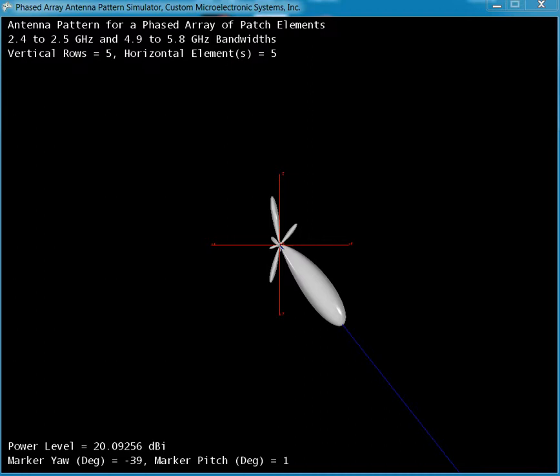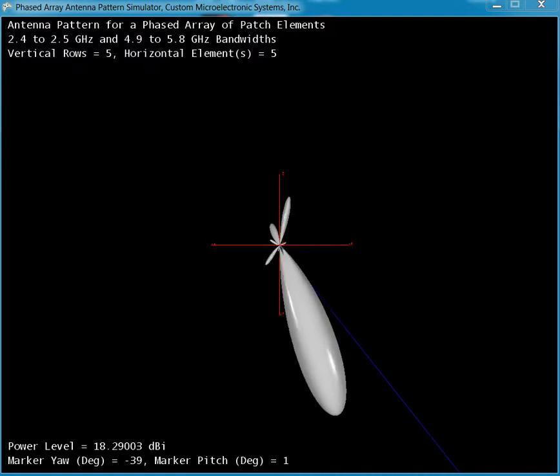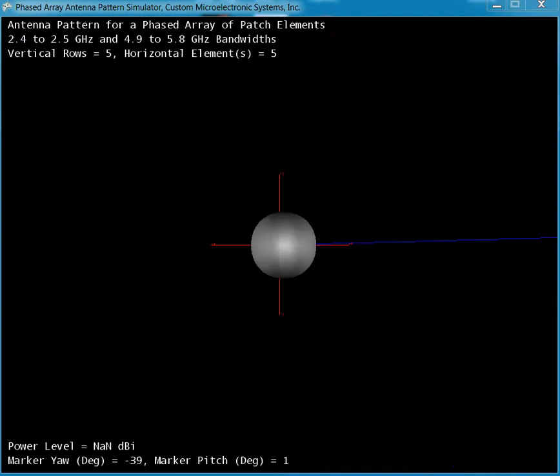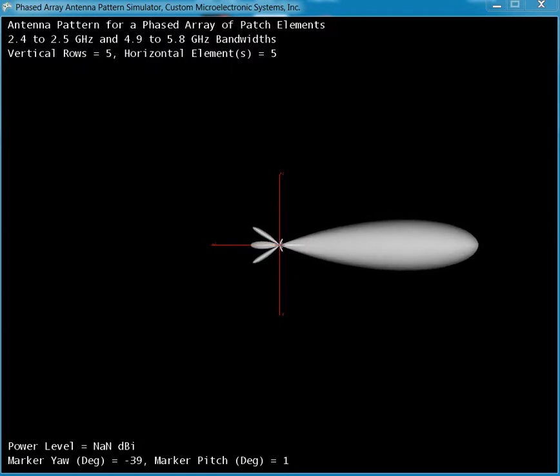Okay. So let's look at the vertical. See how the vertical sweep looks. Okay, I'm going to reset everything here. Point the beam directly out. Okay. Now I'm going to turn it to the side now, so you can get a better view of the sweep